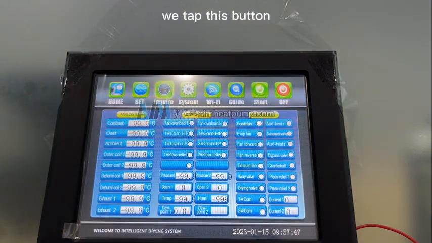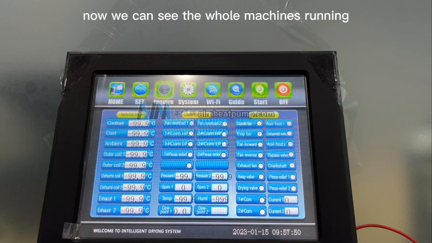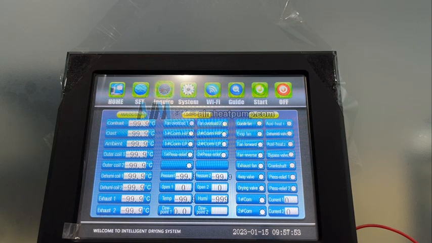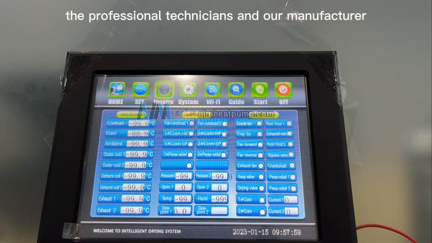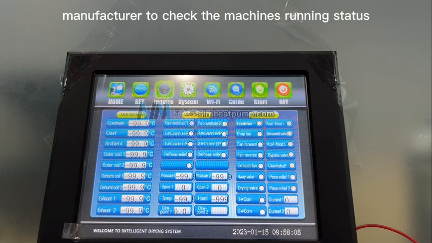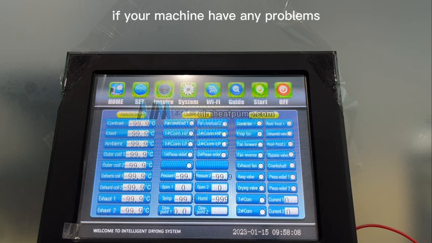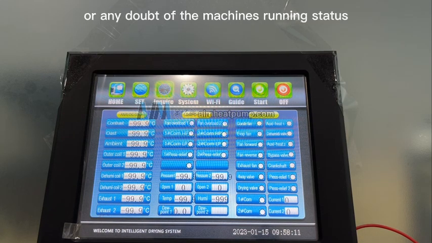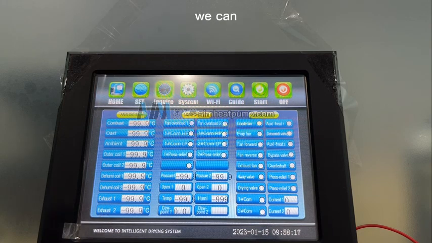For the third button on top of the control panel is the inquiry button. We tap this button, then we can see the whole machine's running data. This data is for the professional technicians and our manufacturer to check the machine's running status. If your machine has any problems or any doubt of the machine's running status, the running conditions, we can click